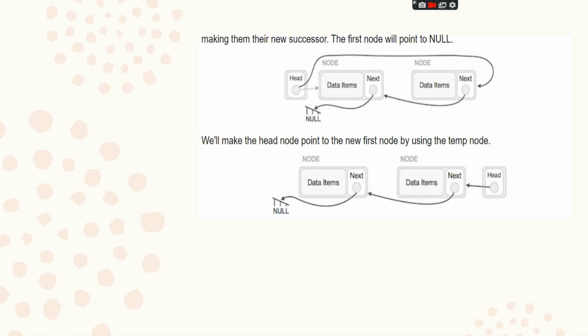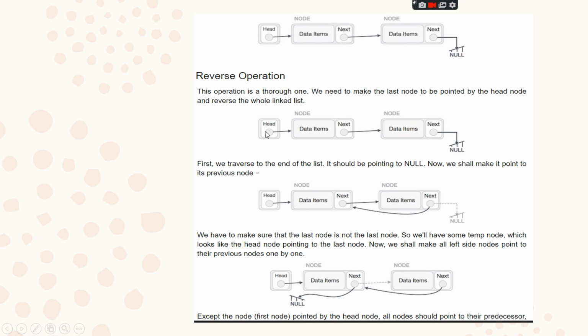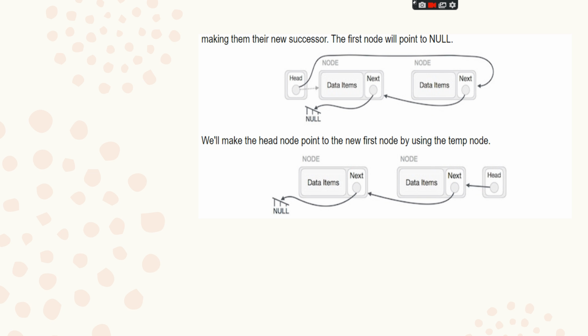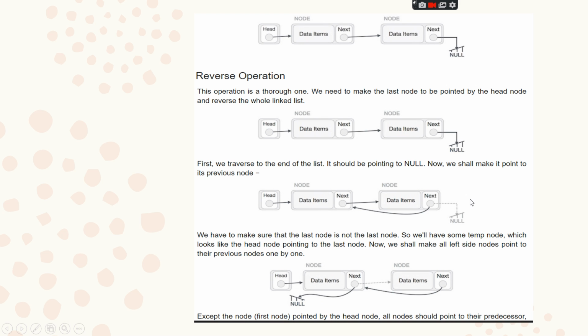So the final approach would be in this manner. In the first step, you'll see the pictorial in this way, where there is only the forward direction. After reversing the whole linked list, the final process would be in the backward, the reverse direction, pointing from the head to the null. So how is it done? We'll see it step by step.